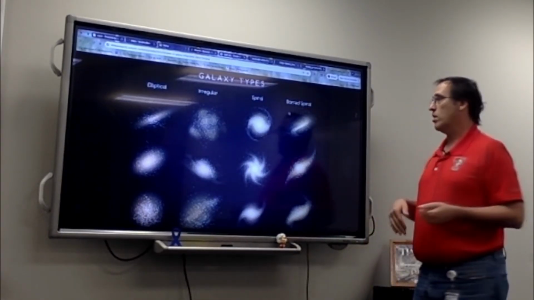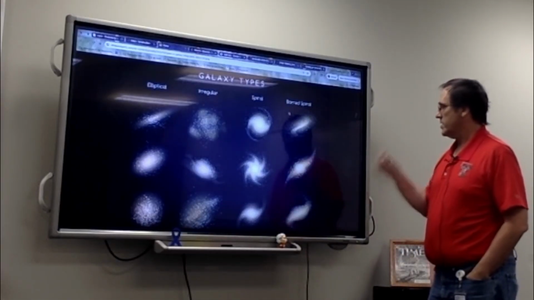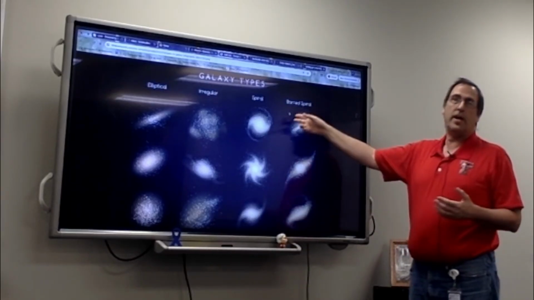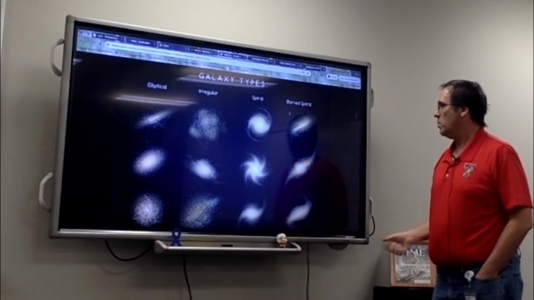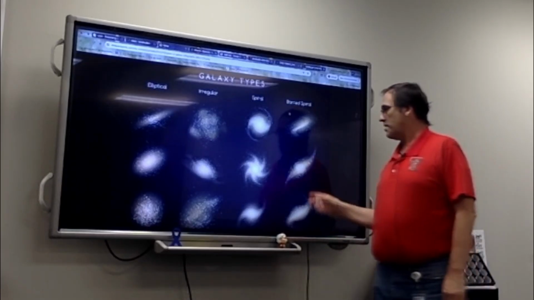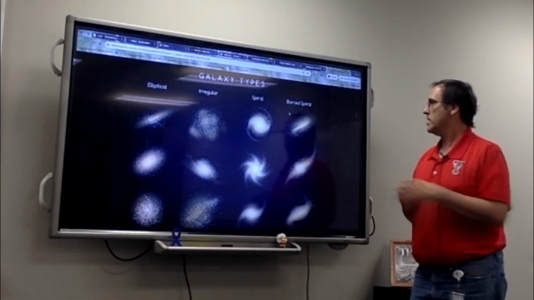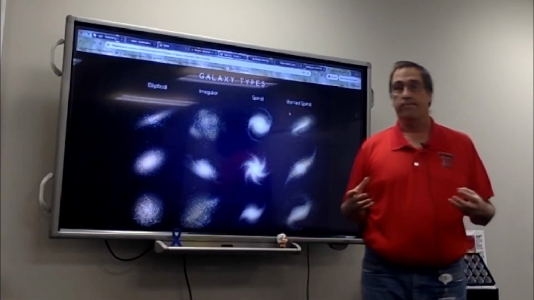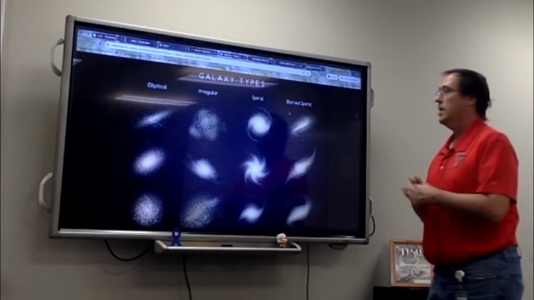The Milky Way and one of our close neighbors, the Andromeda Galaxy, are barred spiral galaxies. Same thing, you may have a not well defined one, that may be an SB0. You may have a very well defined one, that might be an SB1 or SB2, all the way up to an SB3. The difference between these galaxies is the bar structure in the center. That bar structure is probably the result of the accumulation of dark matter and dust, and so it gives a little bit of a star bar shape.